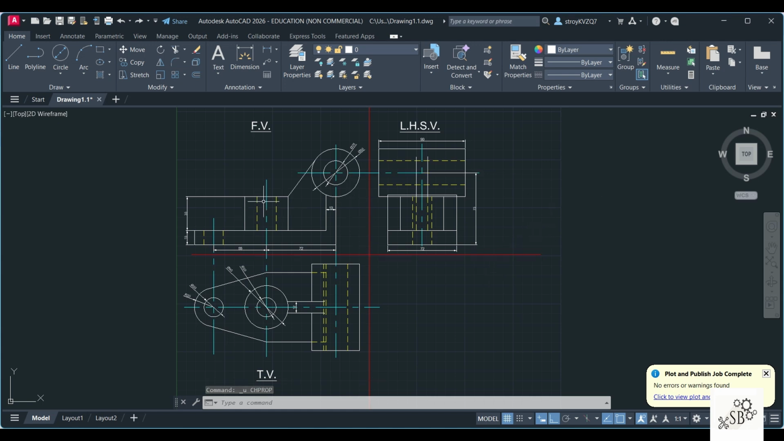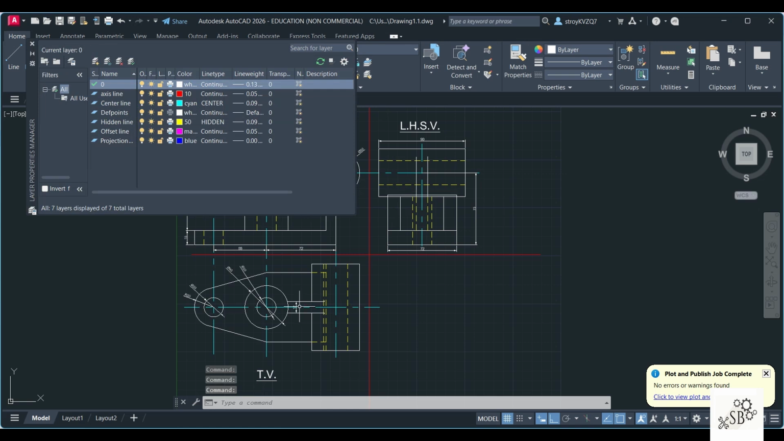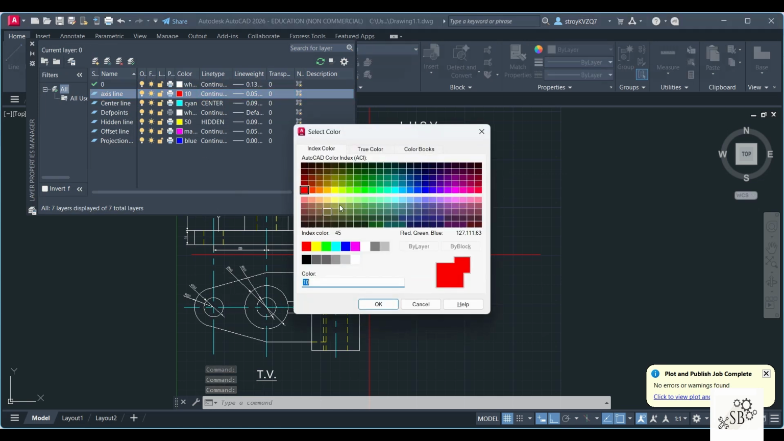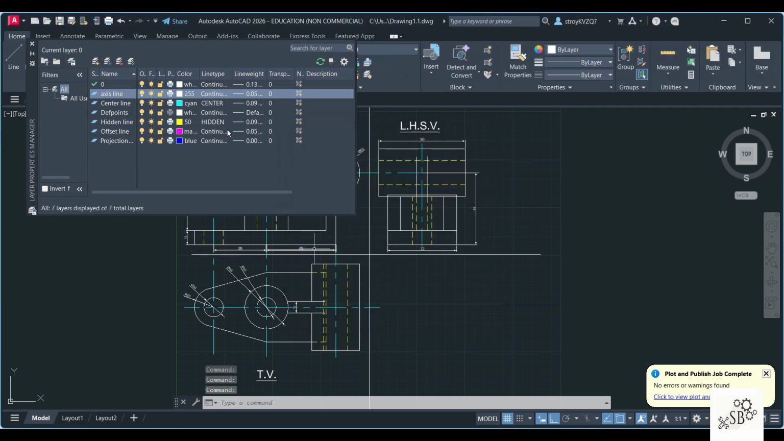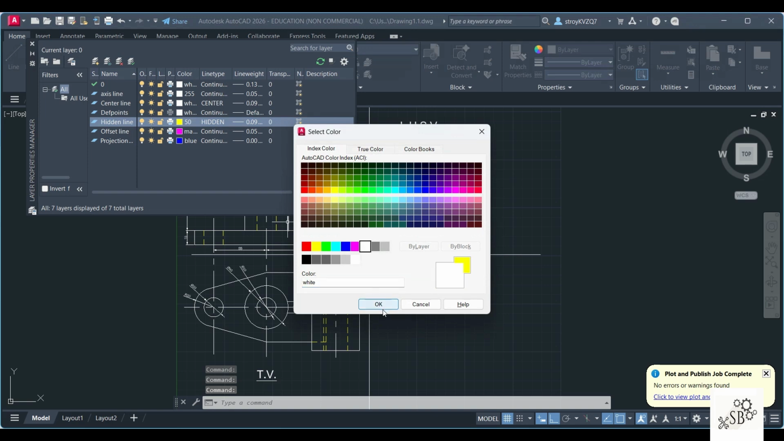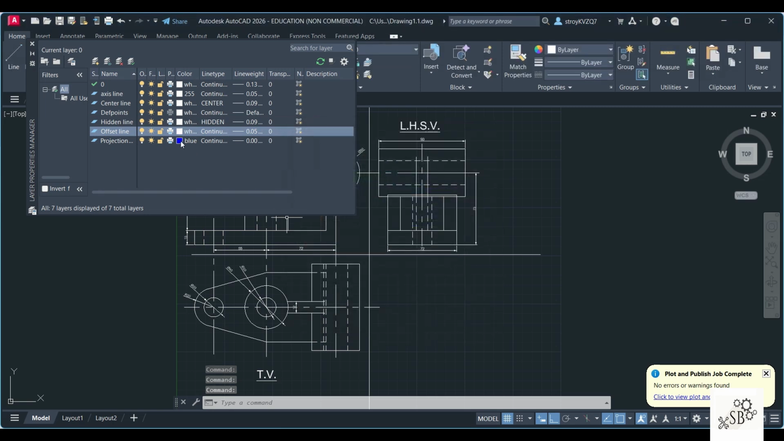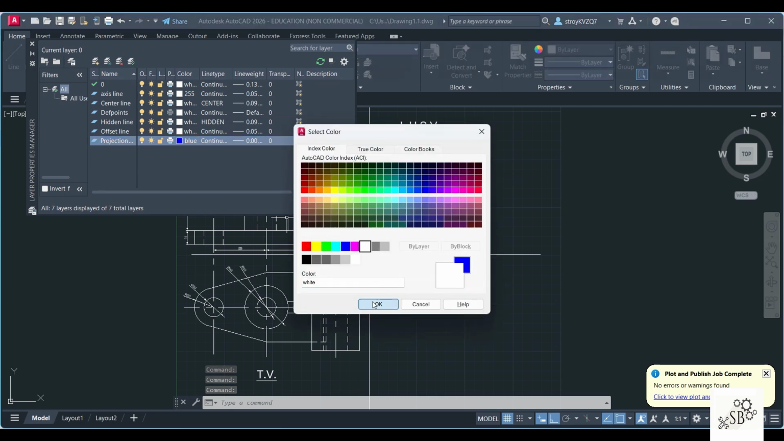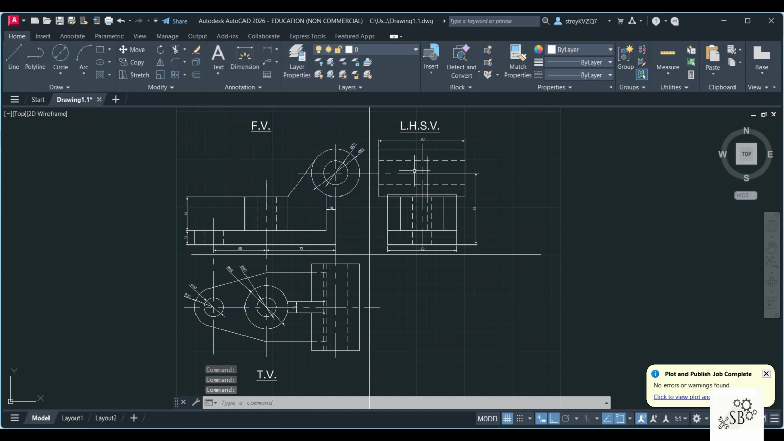Now I will just go to layer properties. This is at the end of the drawing. I will change all the colors to white. Okay. So you can see this has become white. I'll change each one of them to white. There's no projection line left, but still I'll make it white and I'll close this. So once I've done this, you can see all the lines have maintained their line type. That is, center line is still center, hidden line is still hidden,